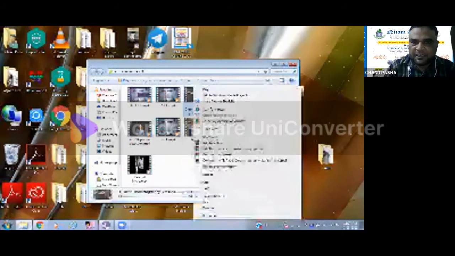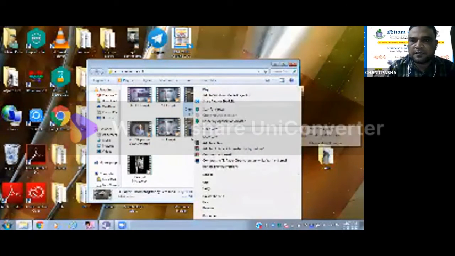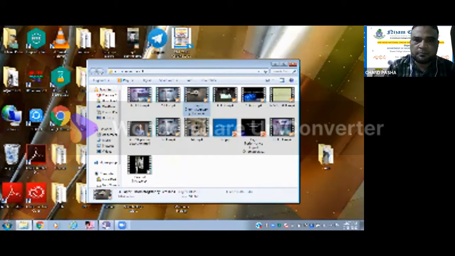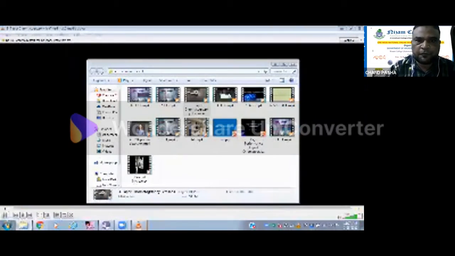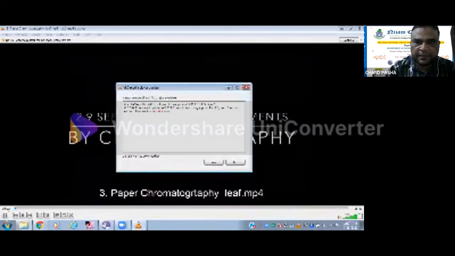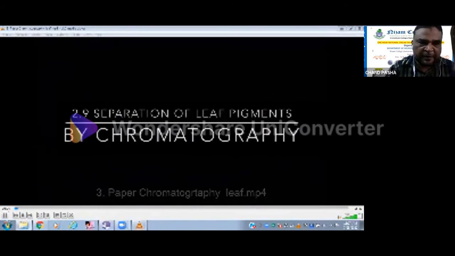Actually, at our BSc and MSc level, we have this in our syllabus, so even botany and zoology people must be doing chromatography techniques. We'll do paper chromatography first, then TLC, then HPLC, then GC, gradually increasing the complexity. So basically, what is paper chromatography? What is the principle of paper chromatography?